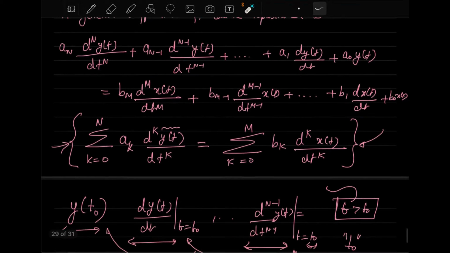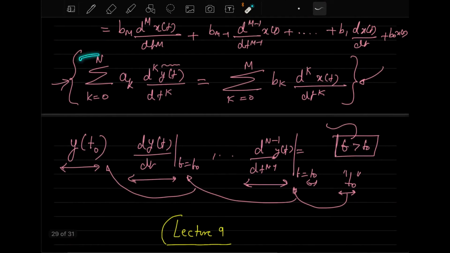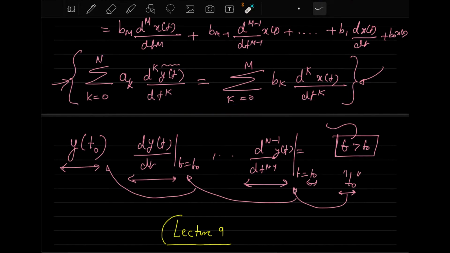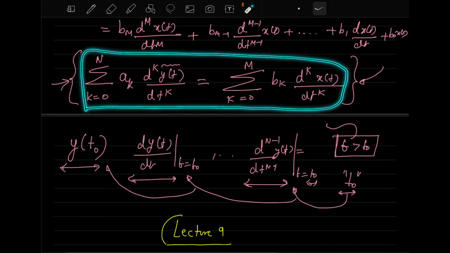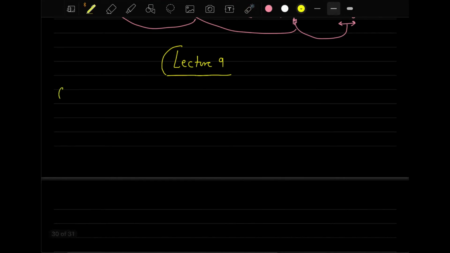If they are not, then how do we make them so, and what are the conditions required? To simplify the discussion, I will take a simple version of this differential equation, check its linearity and time invariance, and from there we will generalize the discussion to the general differential equation. I am giving you an exercise: solve it and let me know whether it is linear or not, and time invariant or not, and then we will derive and see whether that is indeed true.